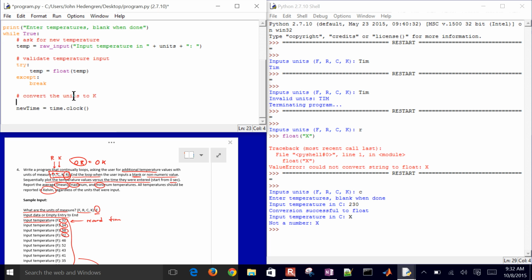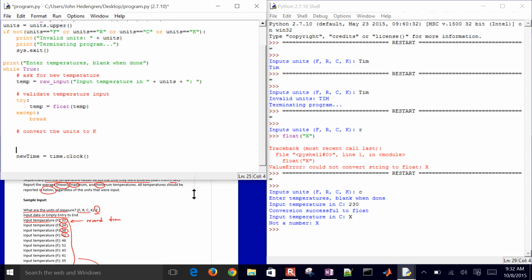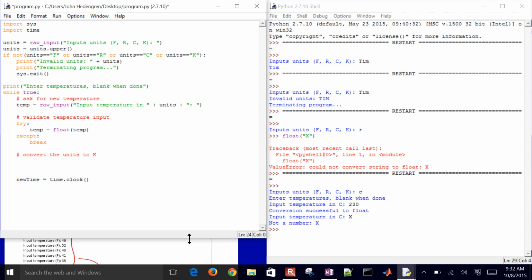Okay, so I need to check and see if, I'll make this just a little bit bigger here. So if it's not Kelvin, then I need to convert it. So I have to put the double equal sign for comparison. I'm comparing units to C. And if it is equal to C, then I'll just say my temperature equals temperature plus 273.15. Okay, that converts it to Kelvin. And then else if, it's elif,